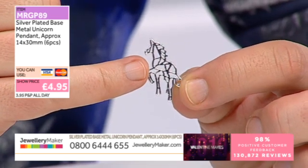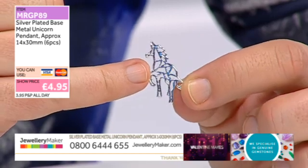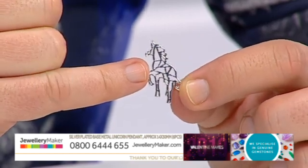You still have the silver plating on one side, but that mystic coloured finish on the other side. You know, the sort of rainbow tones that you get with unicorns. That's cute. You could also, if you had the time and the patience, lay this down on a surface that wouldn't stick and flood the different pieces with the enamel if you wanted to, couldn't you? Right, next up...